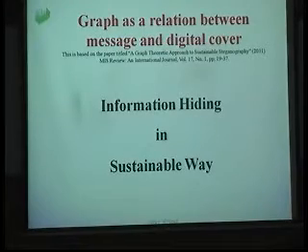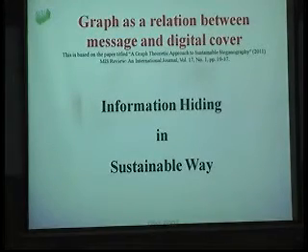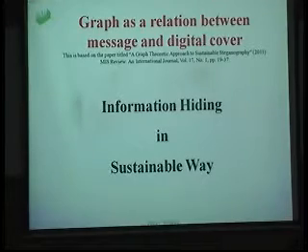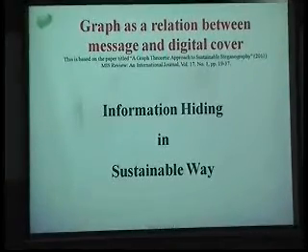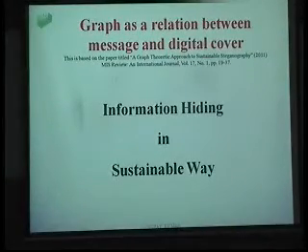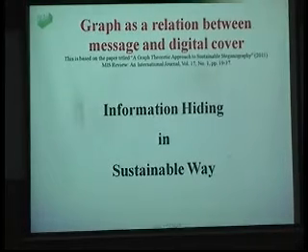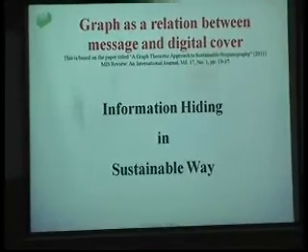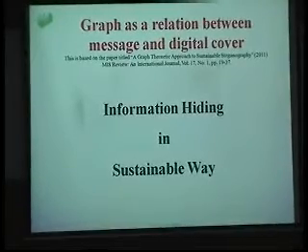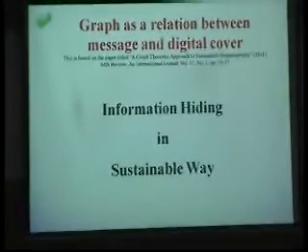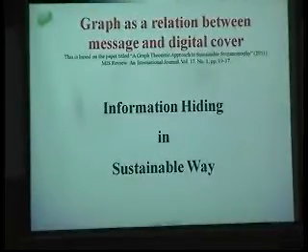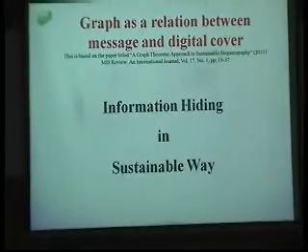Actually, this is one of the algorithms, the sustainable approach, which we use. How to hide the information in such a way that no useful color bit of the image, or of any digital cover, gets distorted. The sustainable approach can hide it and retain the basic characteristics of the cover. If you can achieve that, this is what we call the sustainable approach of hiding information. This works on 3 concepts.